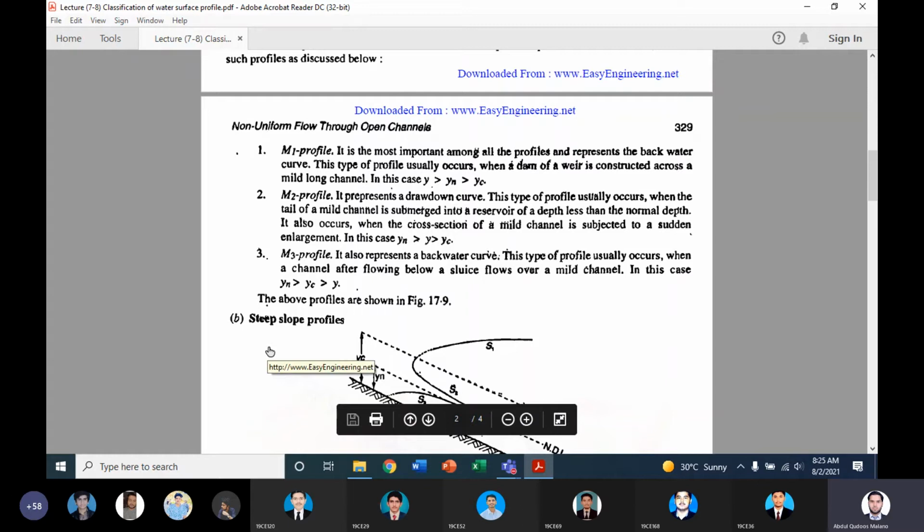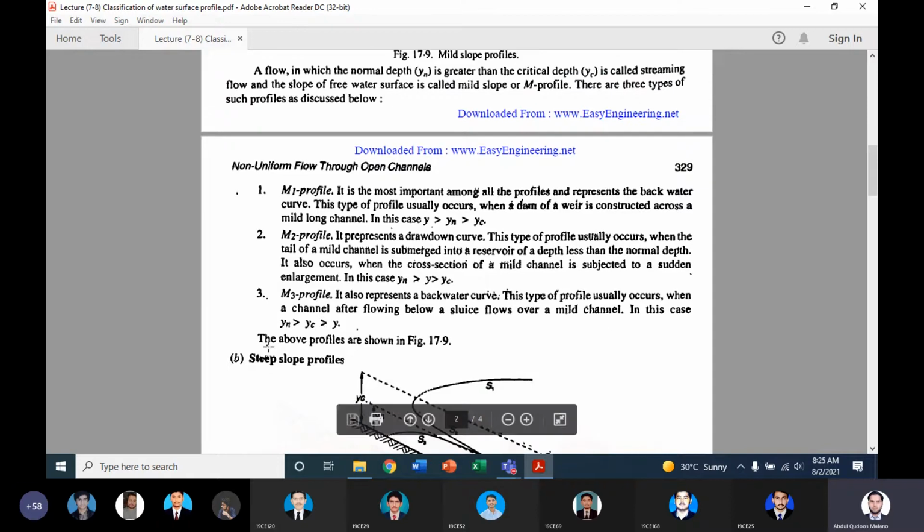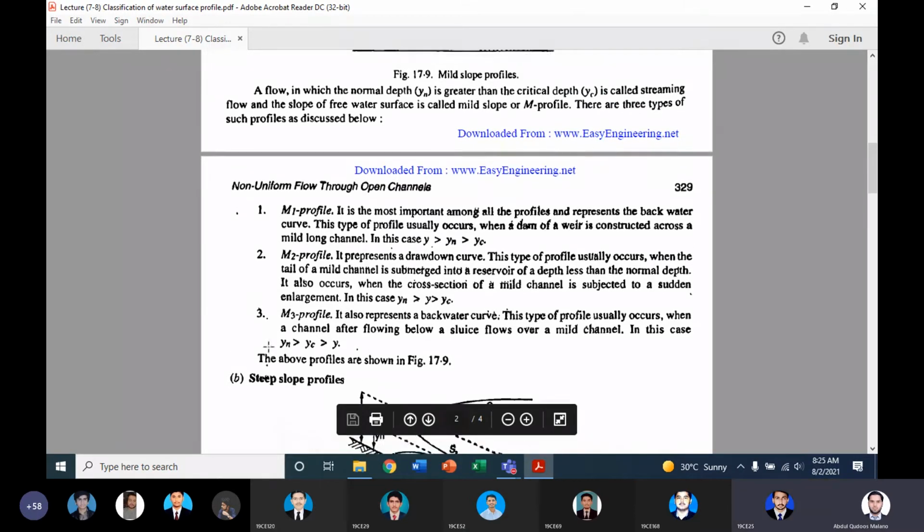सर ये क्रॉस सेक्शन वाली बात समझ नहीं आ रही सर. बेटा अगर क्रॉस सेक्शनल एरिया जो है वो चैनल का बढ़ जाए, let's say the width of the channel is increased, so in that case you will find the normal depth is going to be greater than the depth of the flow. ठीक है जी.